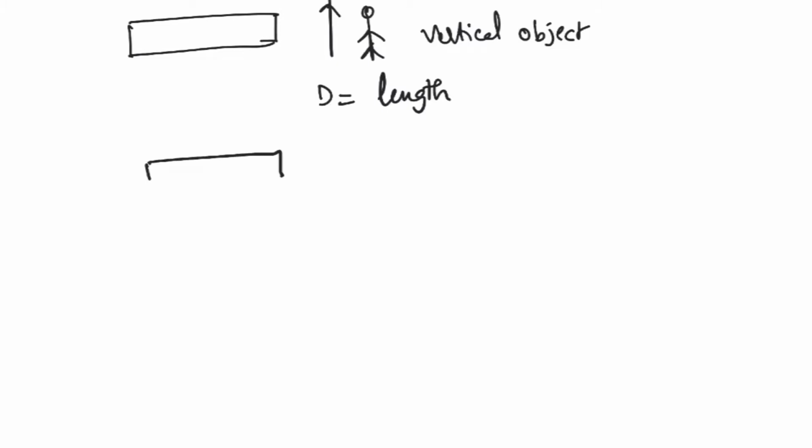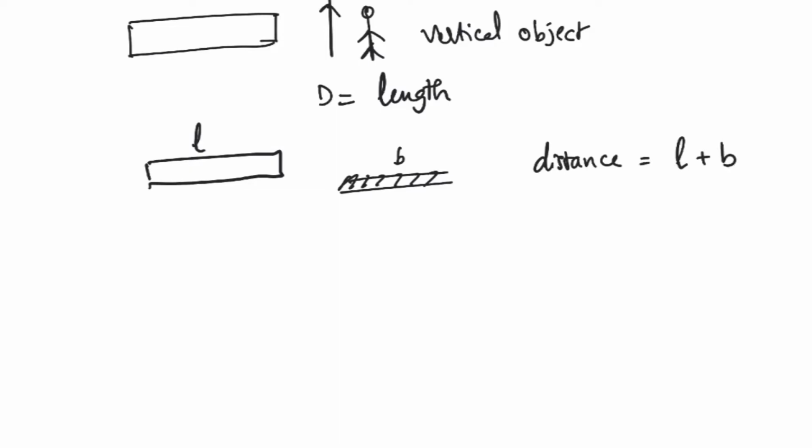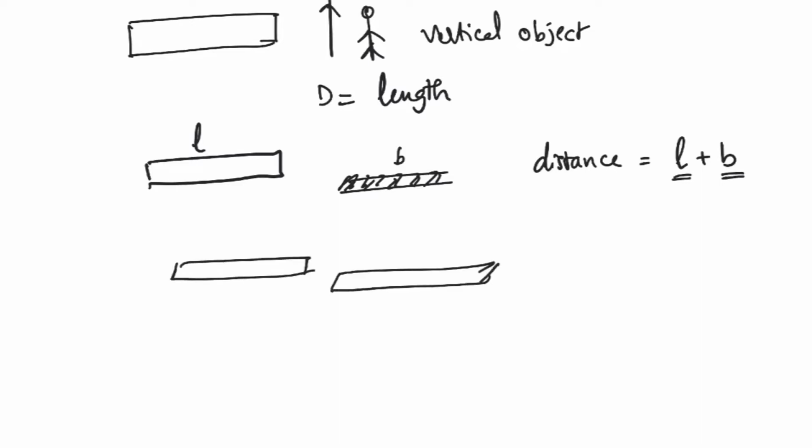Or if a train is crossing a bridge or a building or a tunnel of considerable length, their distance traveled is length of train plus length of horizontal object. If an object has considerable horizontal length, then distance is length of train plus length of bridge. And if a train is crossing another train, then distance covered is sum of lengths of trains.